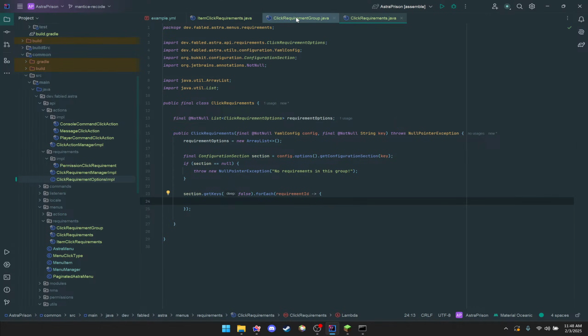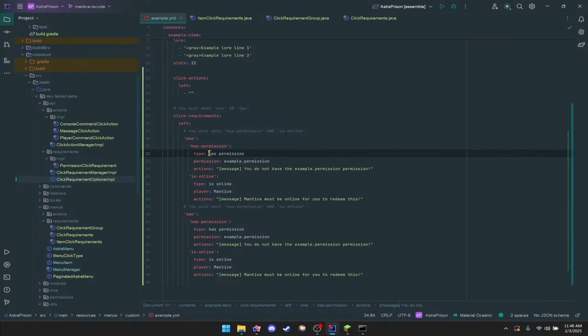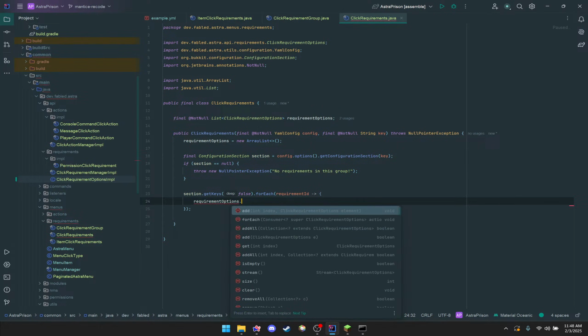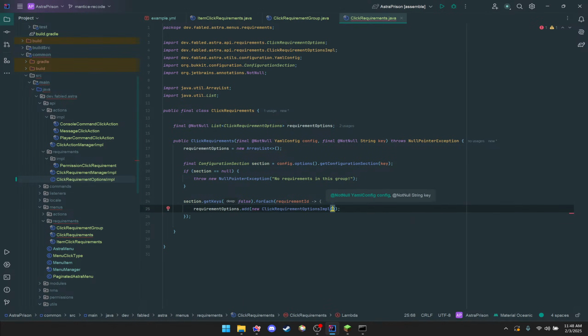These are already being stored by the actual action ID or type here, so we don't need to worry about that. We just say requirementOptions.add(new options config, and the key is simply